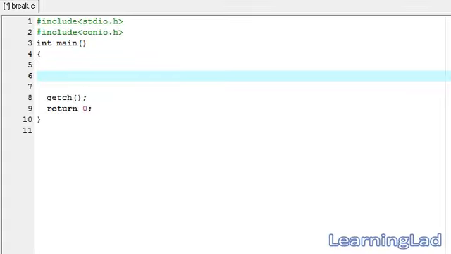So in this video tutorial we're gonna see the break statement in C. This break statement has mainly two uses in C. The first one is it is used for immediate termination of a loop, and another one is to terminate the case condition in the switch. So in this tutorial we're gonna see how we can use this break statement and what happens when we use